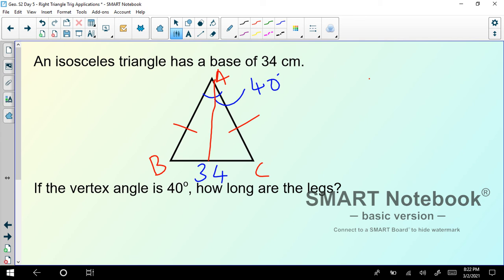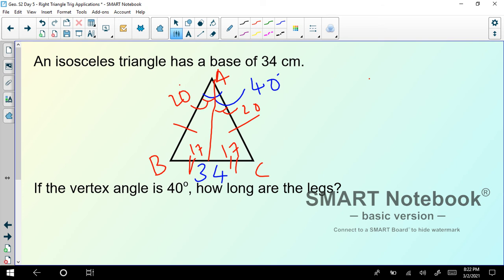Perpendicular bisector such that it cuts the angle A into equal halves, and even this 34. Whenever I drop a perpendicular bisector in the case of an isosceles triangle, these two angles will be equal, and in the same way these two sides will become equal. So this will be 17 units and this will be 17 units, and these angles will become 20 degrees each. Okay,